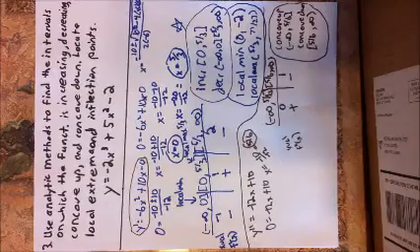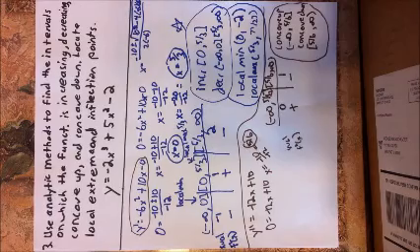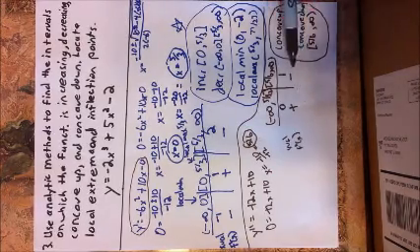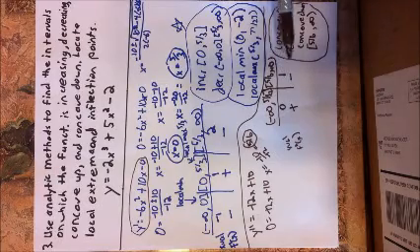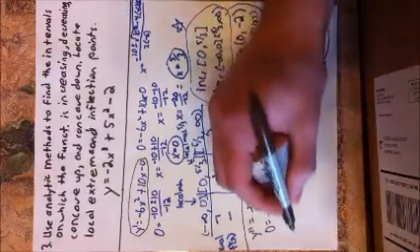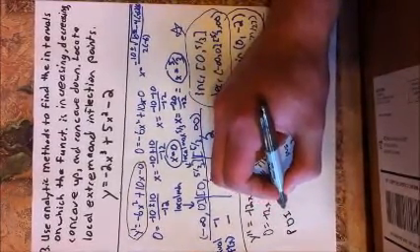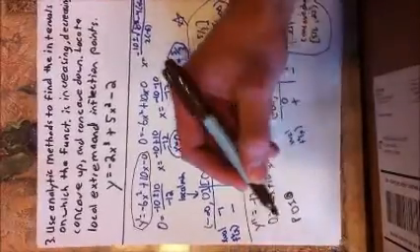The point of inflection occurs when the second derivative shifts from a positive to a negative, or a negative to a positive. In this case, it shifts from a positive to a negative. And the point at which it shifts from a positive to a negative is 5/6. So our point of inflection, I'll represent by POI, is at x equals